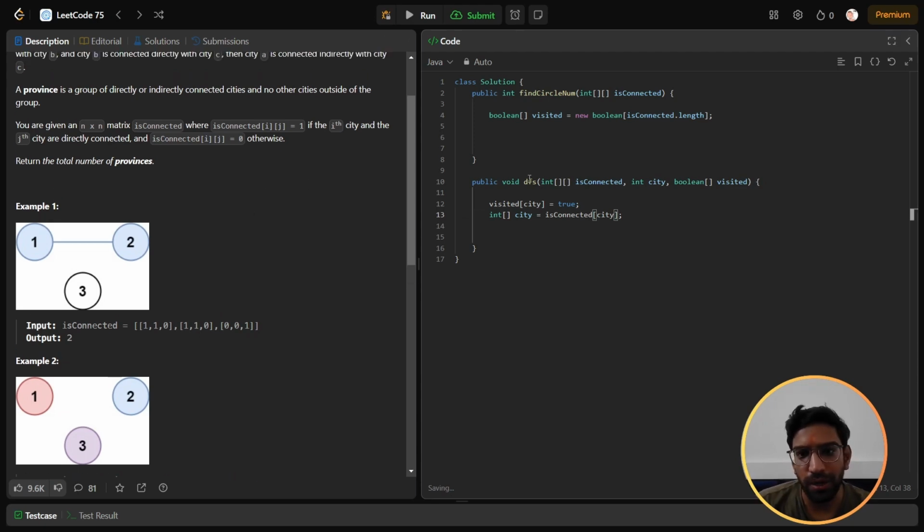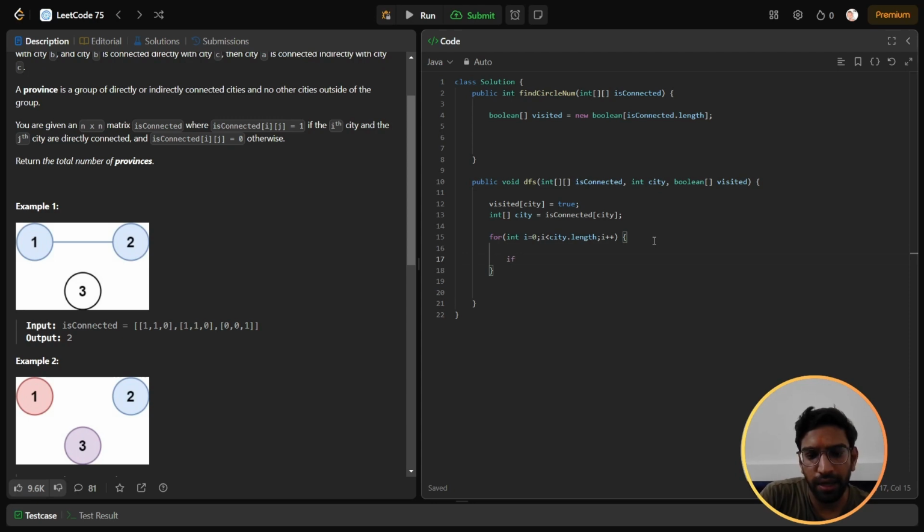It is a 2D matrix, right? So we fetch the array of that particular city, which other cities are connected. The value can be 0 and 1. 0 means that i and j are not connected, and 1 means i and j are connected. So we can iterate over this array: int i equal to 0, i less than city.length, i plus plus,